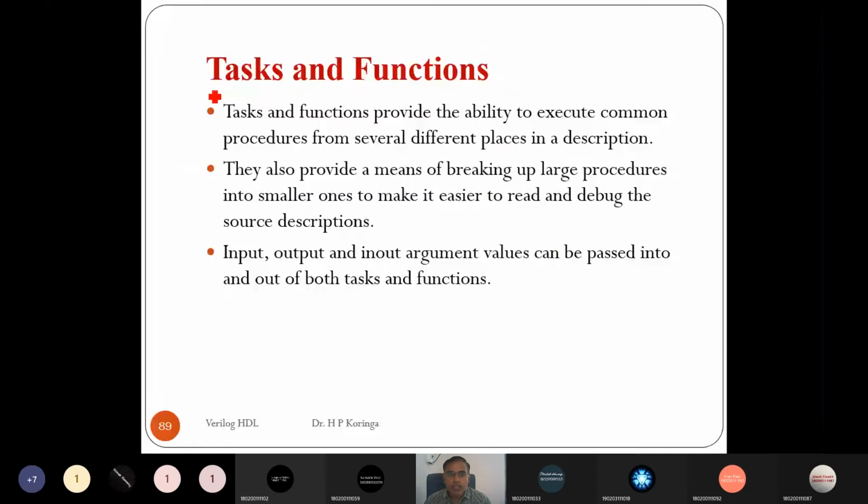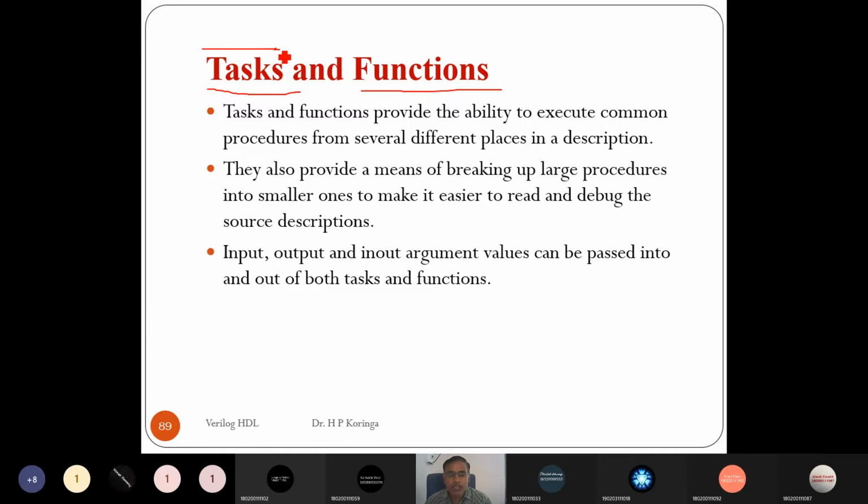Now we see about the task and function. In Verilog, it supports the task as well as the function. As we know, a task is similar to a macro, or a group of statements. If you want to execute it multiple times, then we define that group of statements in a task, and whenever we want to execute those statements, we just call the task, so it executes.